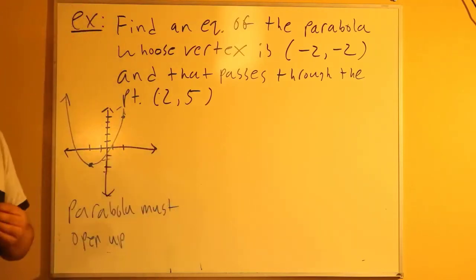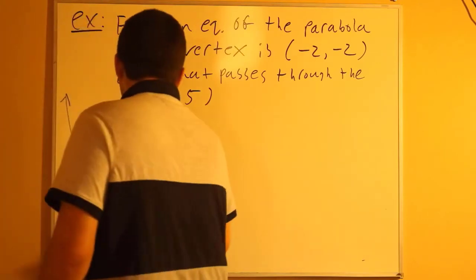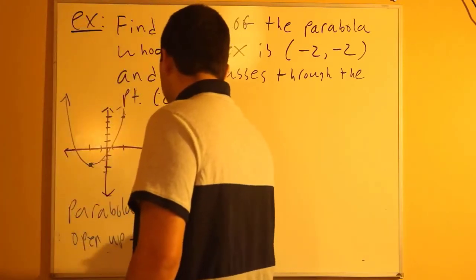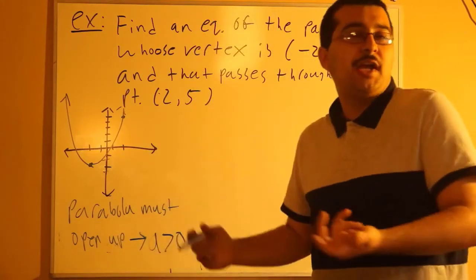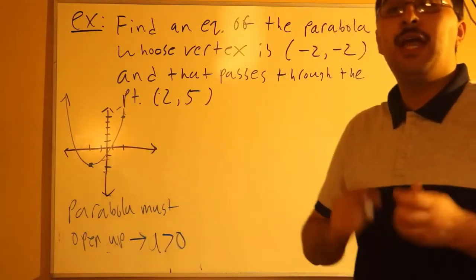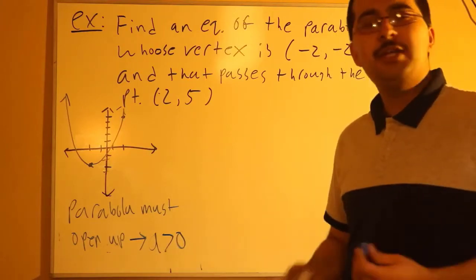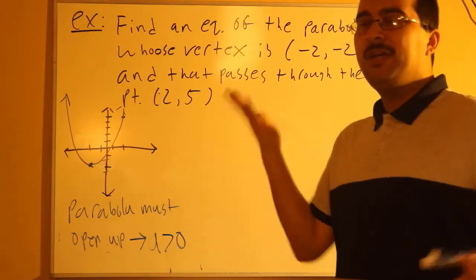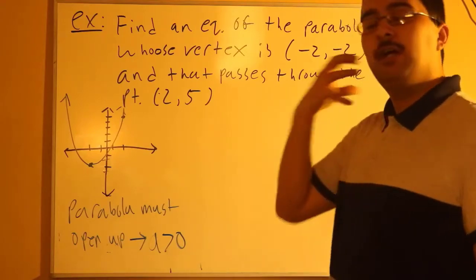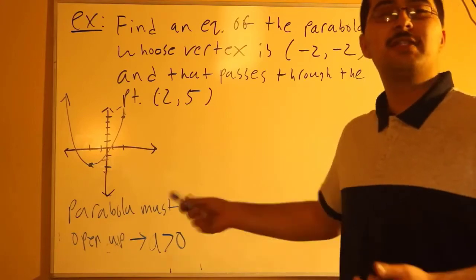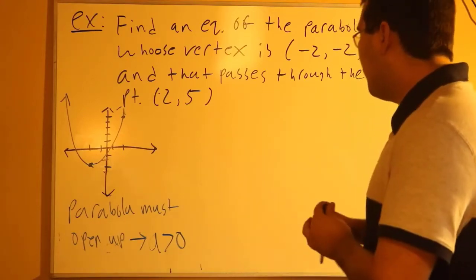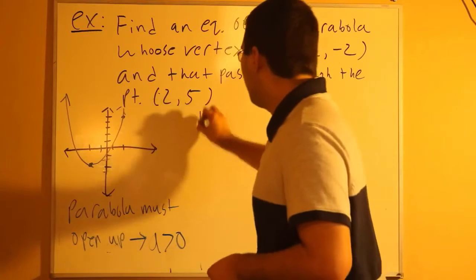In other words, what do we know has to be true about the a we're going to make? We know that a must be greater than 1. Oh, actually, my bad, greater than 0. a has to be greater than 0. So we have a nice little check in our head. If we go through all our work and we create some equation, and for that equation a happens to be less than 0, we know we made a mistake somewhere. Just by having a good solid grasp of the concepts, we can form for ourselves a nice little check like that. So, with that in the back of our heads now, let's go ahead and try constructing